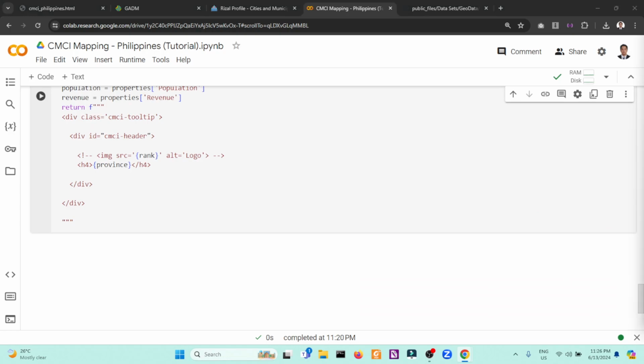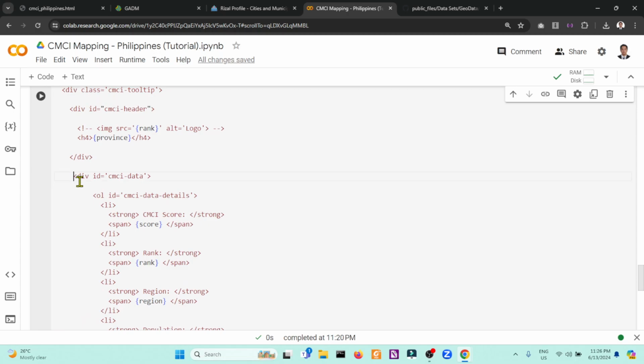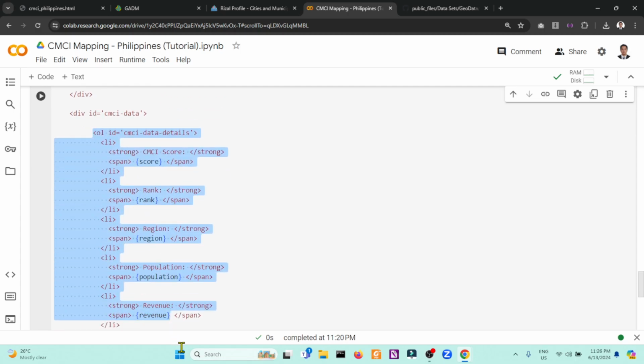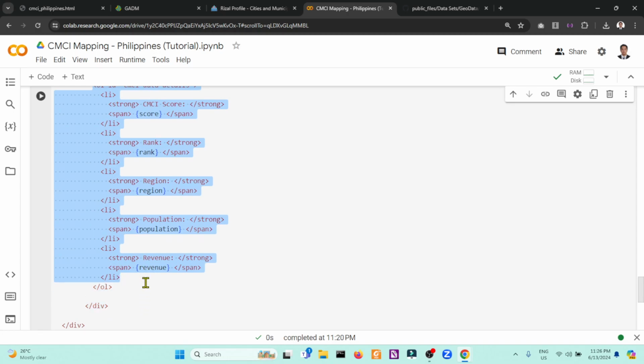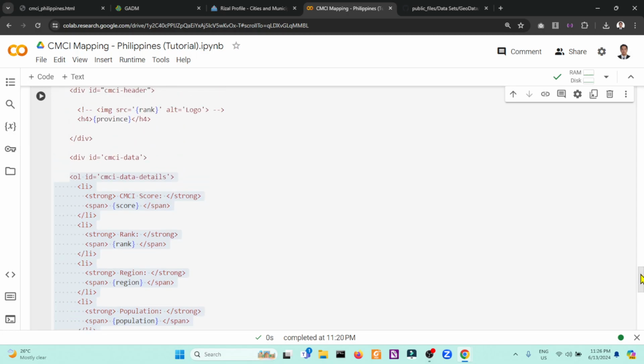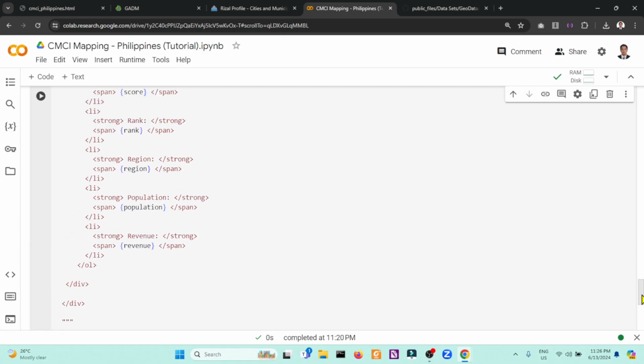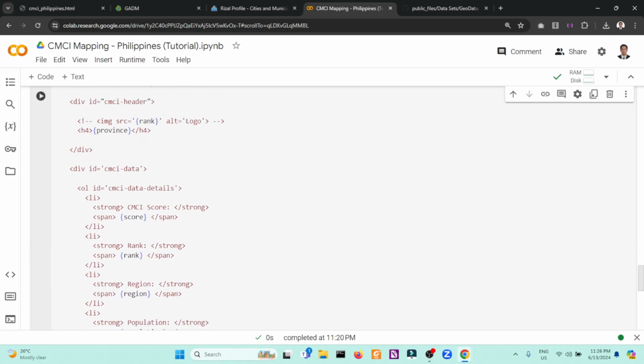Then I will paste some code because this is already finished, in the interest of time. This one is the header. Then under the header, we will design a CMCI data section. Let me fix the indentation first. Under the CMCI data, there's an ordered list inside. We will design this later in HTML.